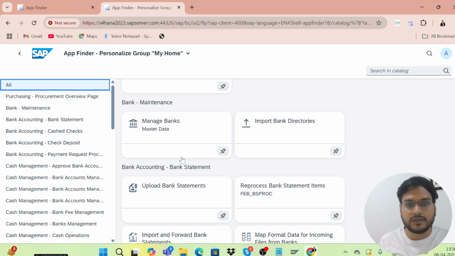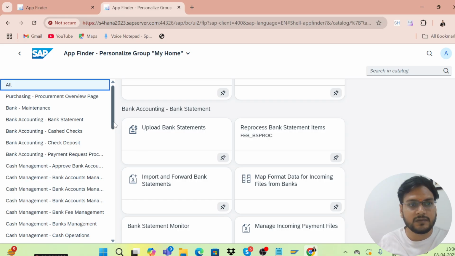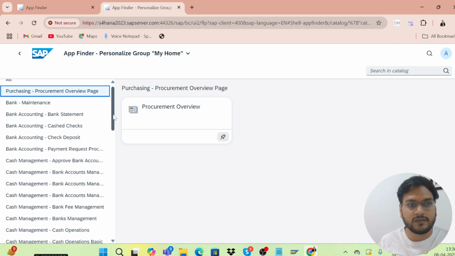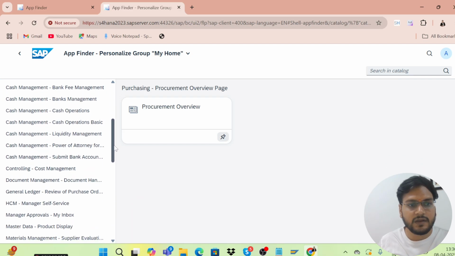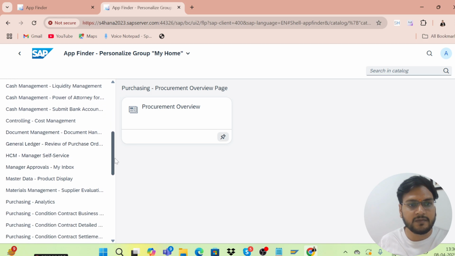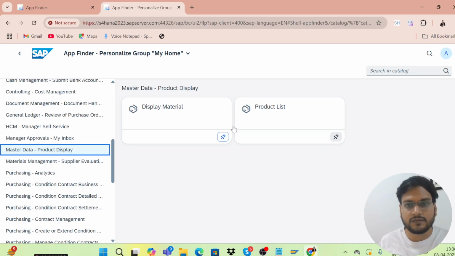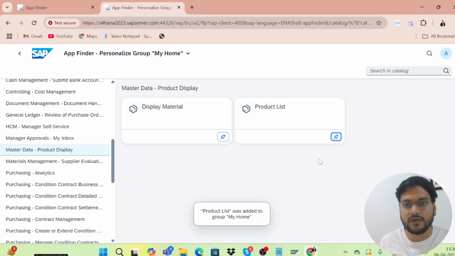Let me take some tiles related to display material, product list. That also I want to see. I will just pin from here, and it will be visible on the home page. Again, if I unpin that, it will be removed from the home page.